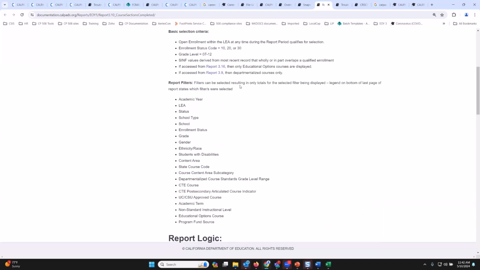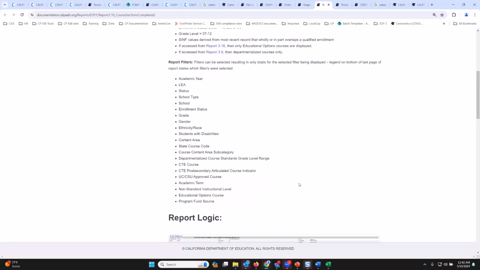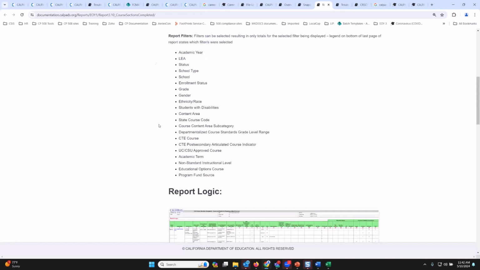So all of that information can be determined by just looking at the report filters in the user manual, or obviously in the actual report, right?